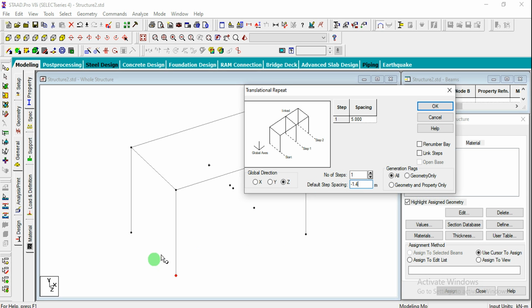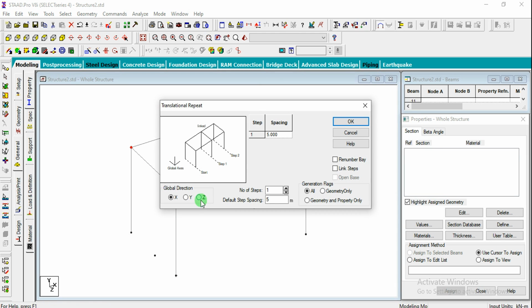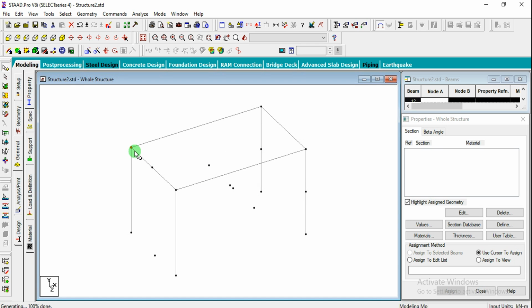To create the first flight I am creating a node at the bottom. Click on OK and similarly select this point. The second flight will be landing on this, so select that one, translation repeat, z direction, positive, 1.4 meters, and click on OK. You can see this here.